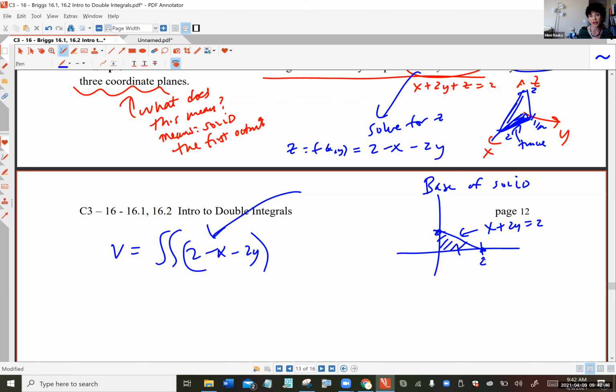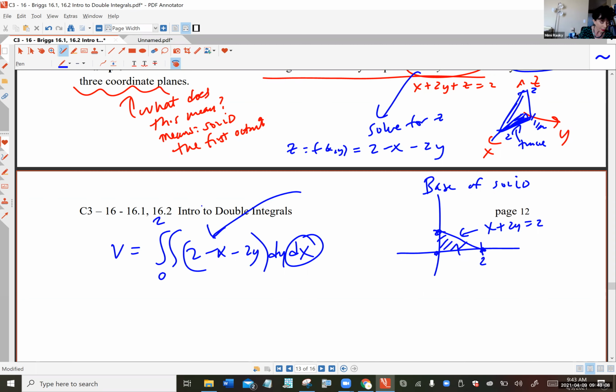is your personal favorite. My personal favorite, and I bet yours is too, is dy dx, because I prefer functions of x rather than functions of y. That's just how my brain thinks. So it's easier to think of for most people. So now the outermost integral is going to go from a pure number to a pure number. And if you look at this cute little base of the solid, it should be obvious that x is going